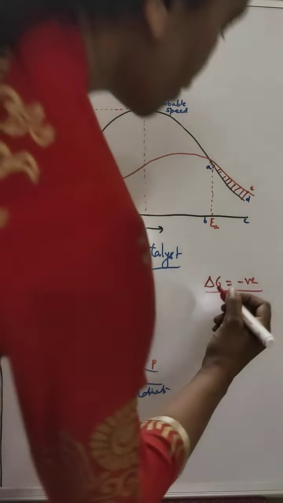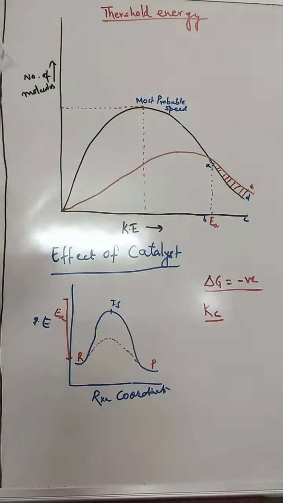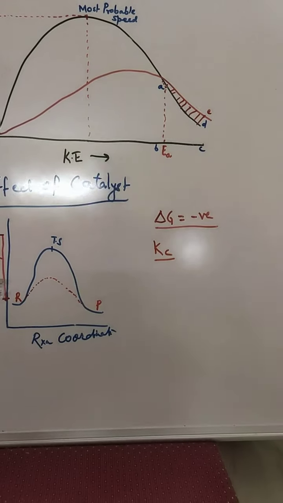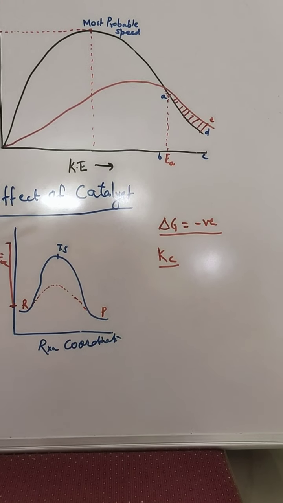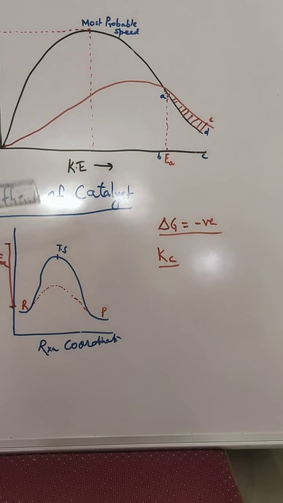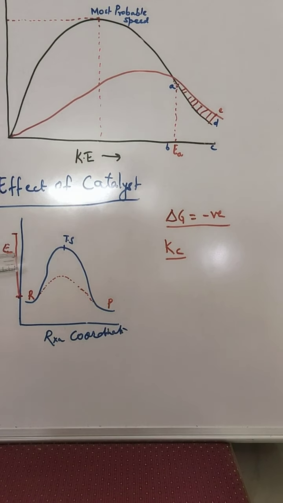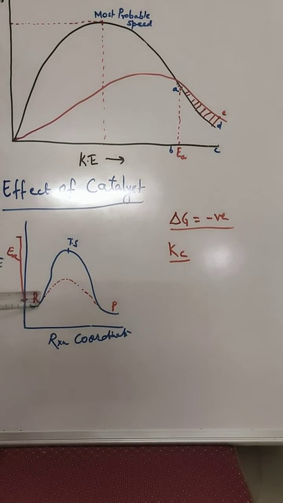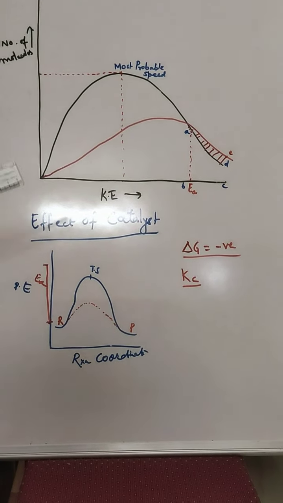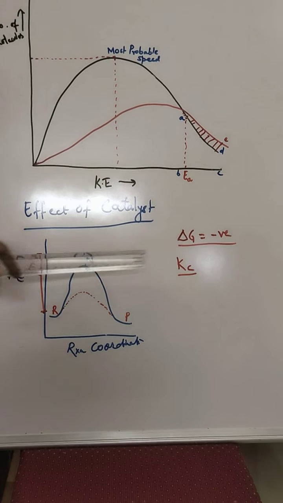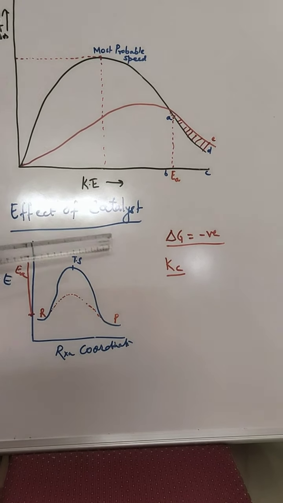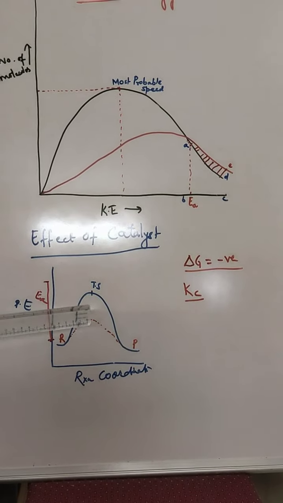Now we'll talk about another factor over here which we call Kc, or the equilibrium constant. So let us speak about it. Equilibrium constant. Now we can see that the catalyst definitely increases the rate of the reaction, but do they actually shift the equilibrium towards either side? The answer is no. The catalyst speeds up the reaction by decreasing the activation energy, but they do not alter the equilibrium constant of any reaction, because they are increasing the reaction rate on both sides, on the right side and on the left side also. So in a nutshell, the equilibrium remains wherever it is supposed to be.